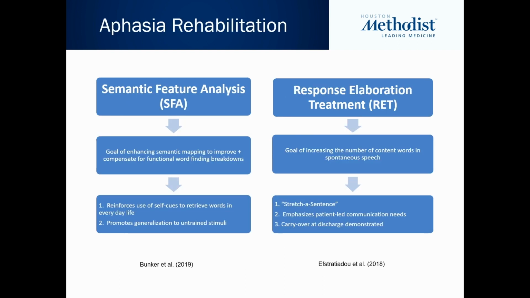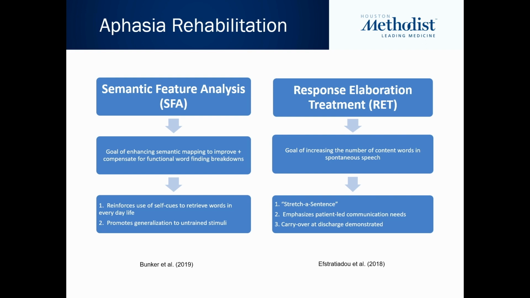I just wanted to go over two specific to the acute setting. So in the initial phase of aphasia rehabilitation, I want to give my patients and my family members as much as I can, because being in the hospital, not being able to communicate your needs is devastating and it's frustrating. So picking therapeutic options that are evidence-based, such as semantic feature analysis.